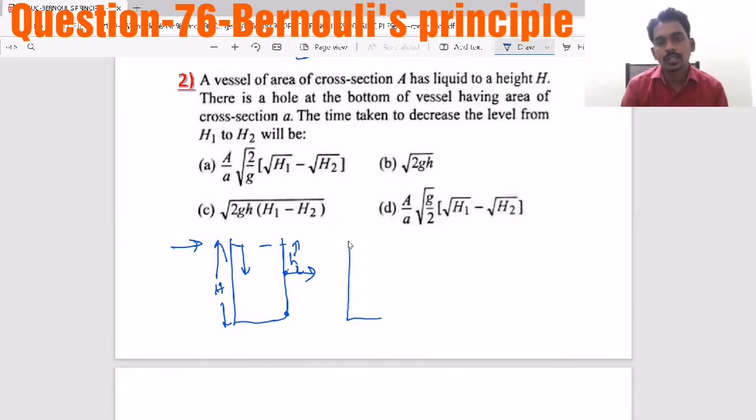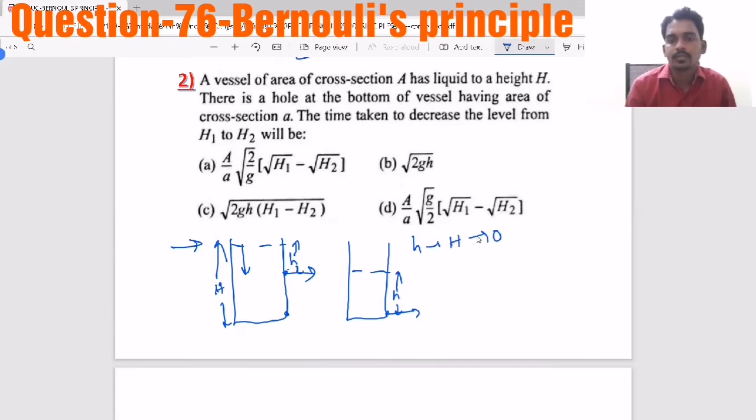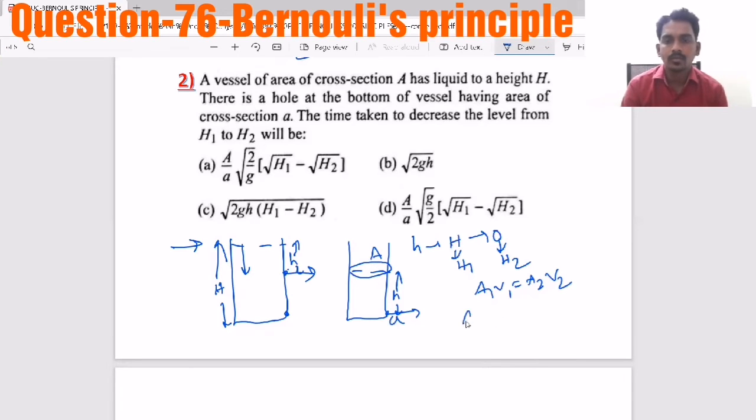But at any instant, let's take it like this. See, here liquid is coming, so it is at a height H. So H is changing from H to 0. Or you take it like this is H1, this is H2. Then how do we find the value is, see here, A1 V1 equal to A2 V2, where this area is A and this area is a. So A into, now